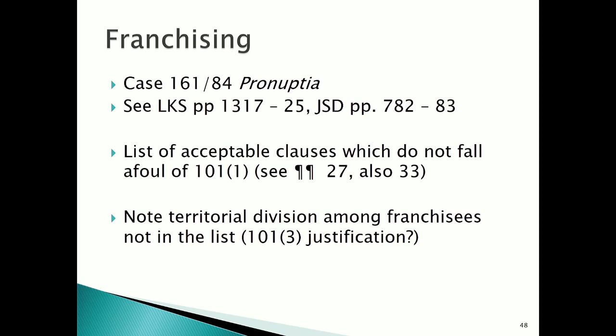Because you're not going to go into business, there's an ancillary restraint, or a 101(3) justified clause. You're not going to sign the franchise agreement unless there's a territorial clause of that nature. Now, suppose you do see